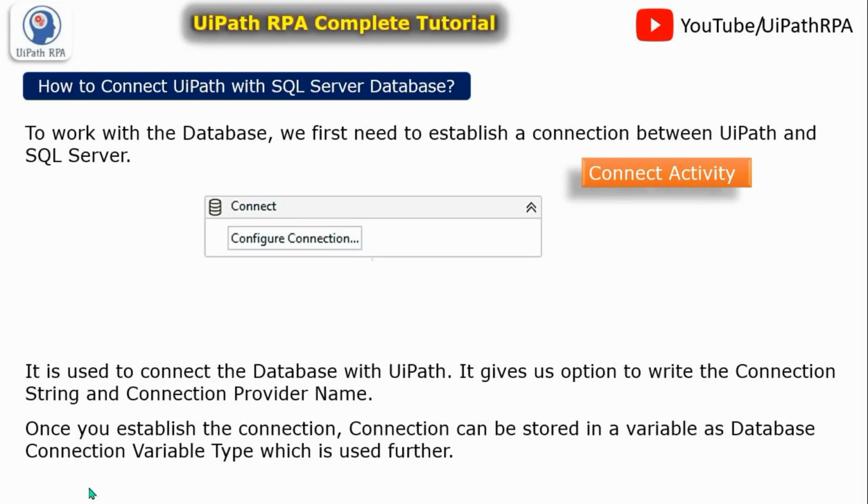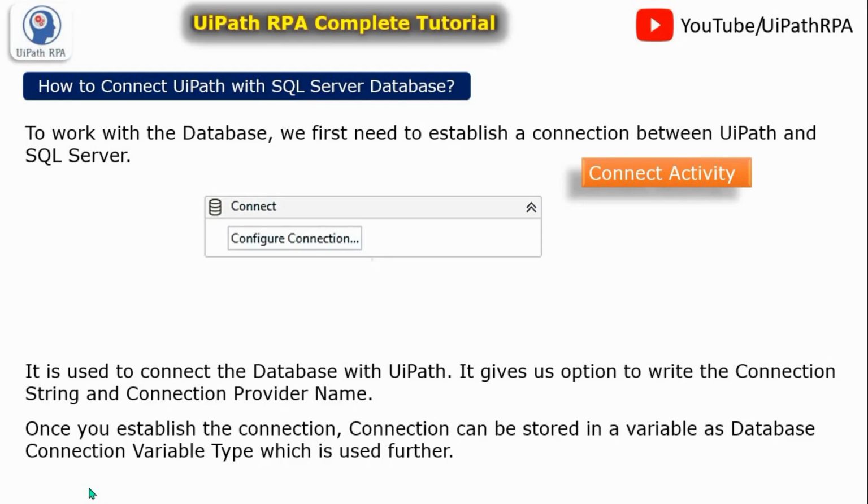Once you take the connect activity and follow a few steps to connect UiPath with the SQL Server, you will get the connection string.